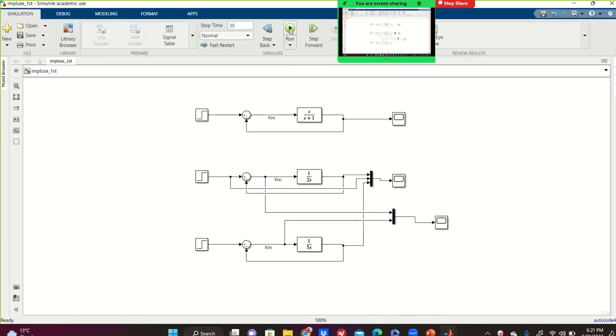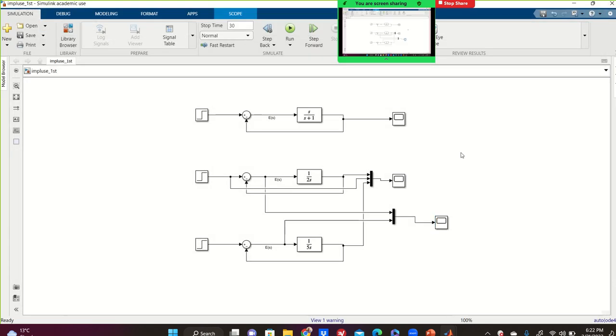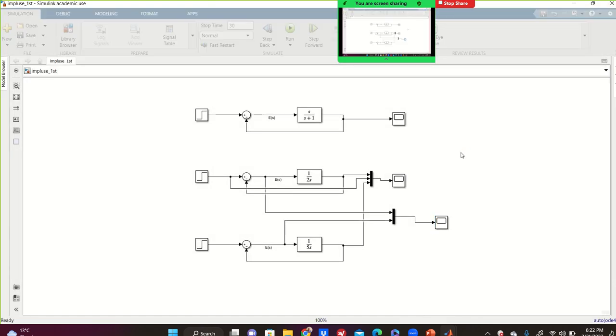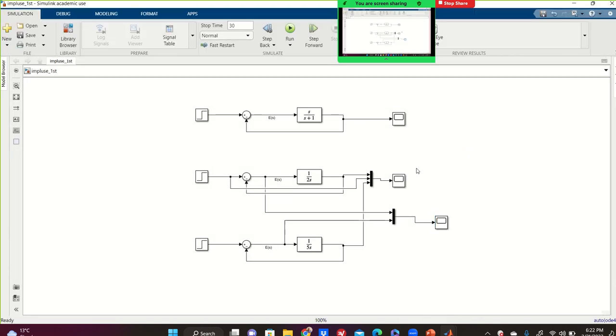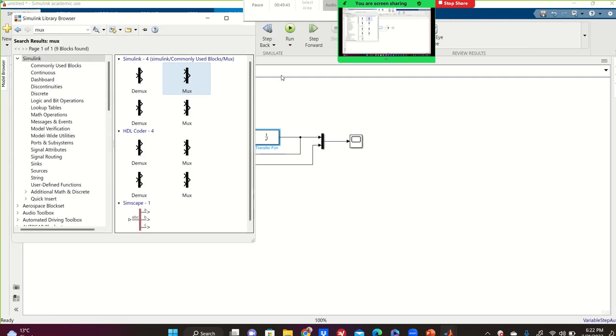See that the error signal goes to 0 because it's a stable first order system. This is for the 2 second time constant, and this is for the 5 second time constant, and the error signal goes to 0. Clear, guys? Yep. I'm going to send these and the code to you. And now we can